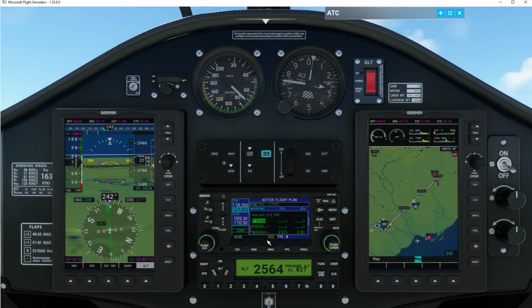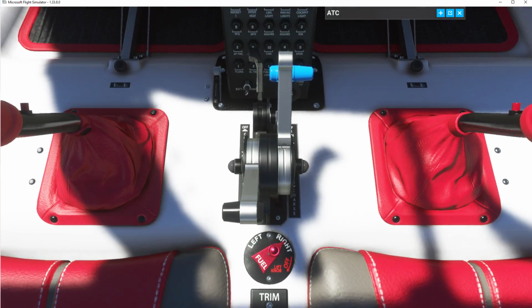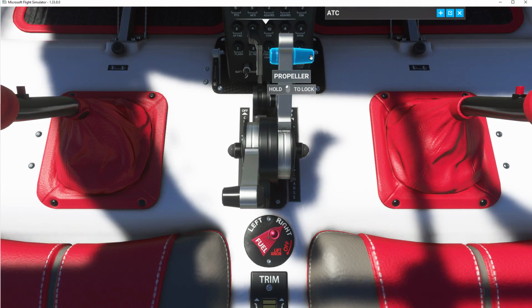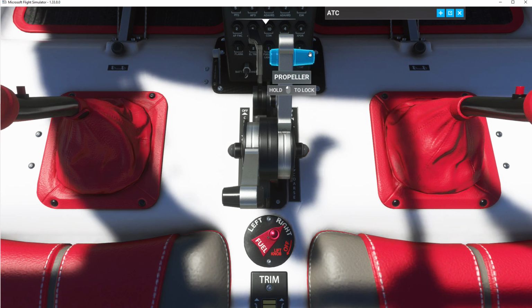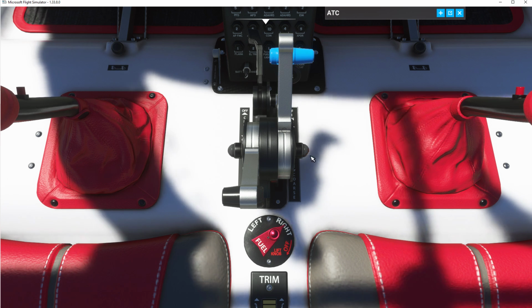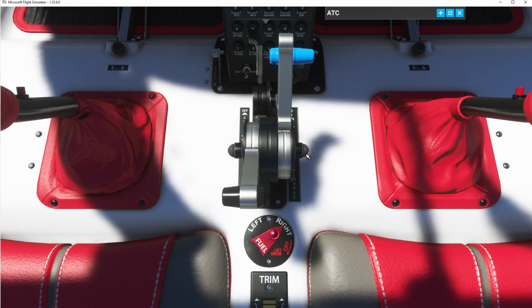Okay, so if we take a look right there, this will adjust your propellers if you want to. And let's have a look at